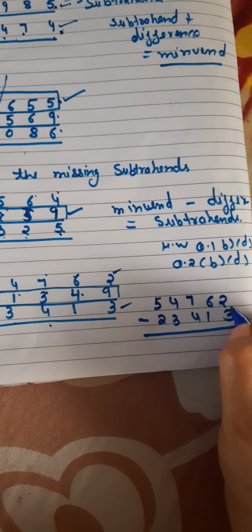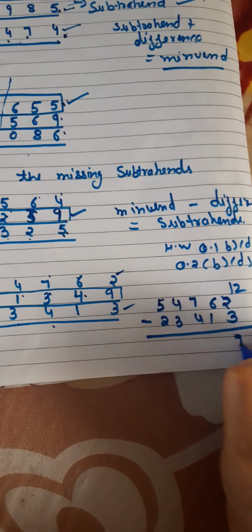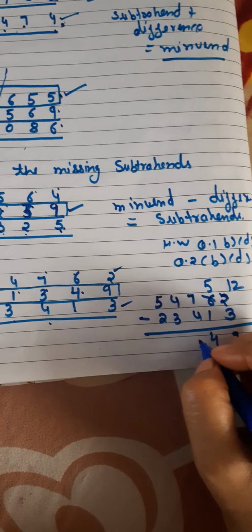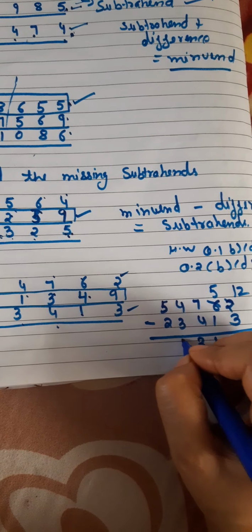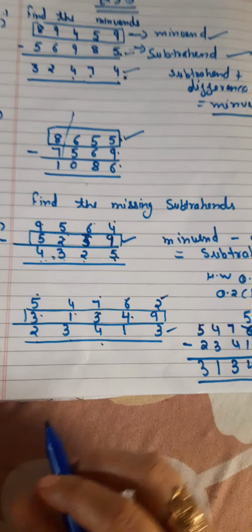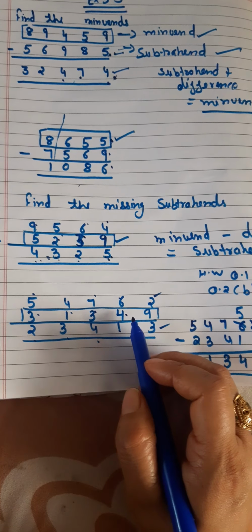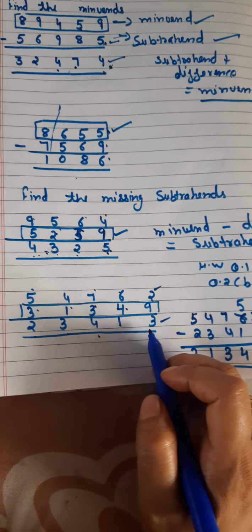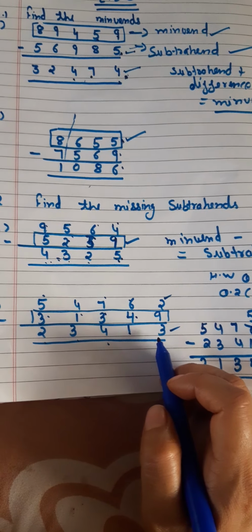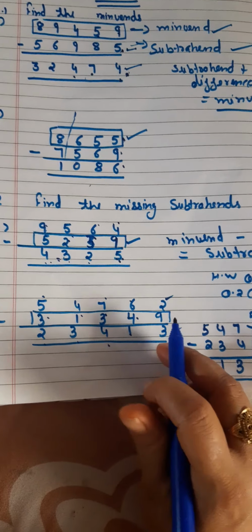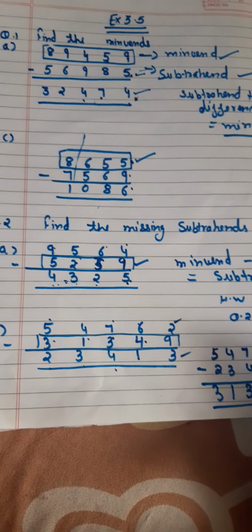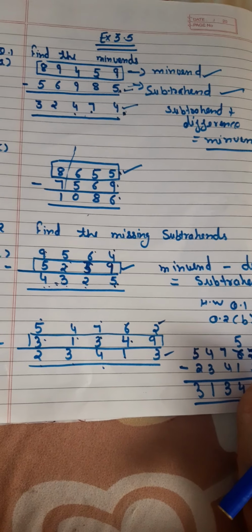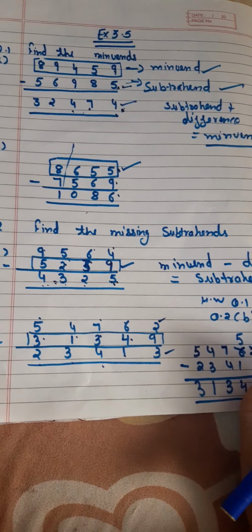Okay. So 12 minus 3 is 9. This becomes 5. 5 minus 1 is 4. Then 7 minus 4 is 3. Then 4 minus 3 is 1 and this is 3. The same answer after calculation you can write here. And later on you can check also whether the difference is coming the same. If the difference is not coming the same, it means the problem is there in your calculation, the problem is there in your method. So be careful when you are doing the subtraction and the addition.